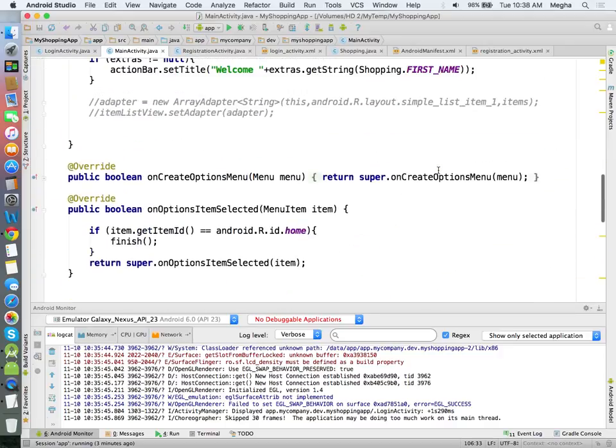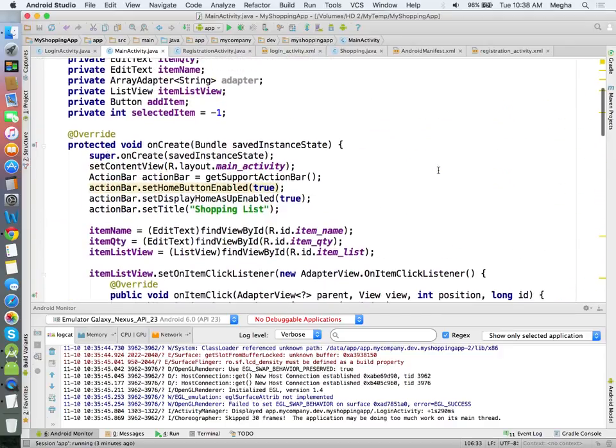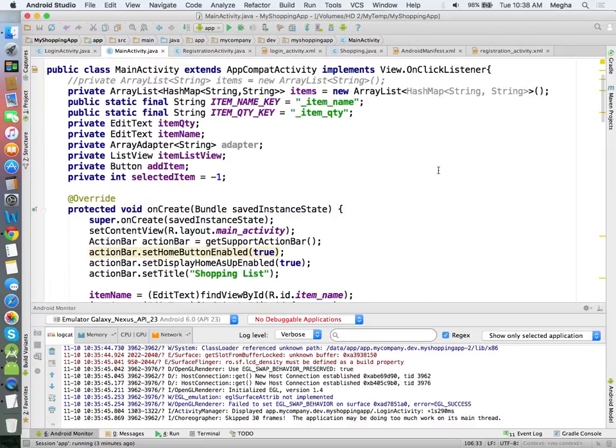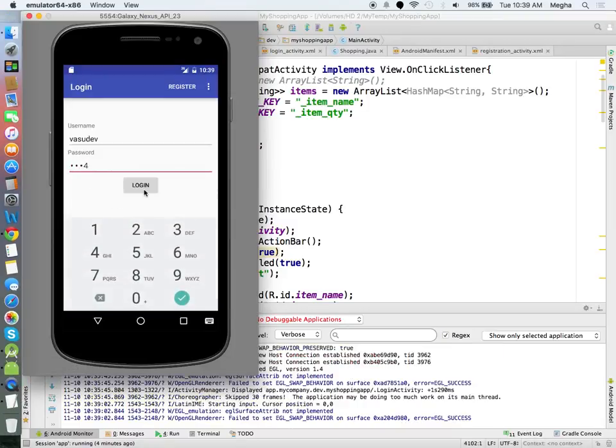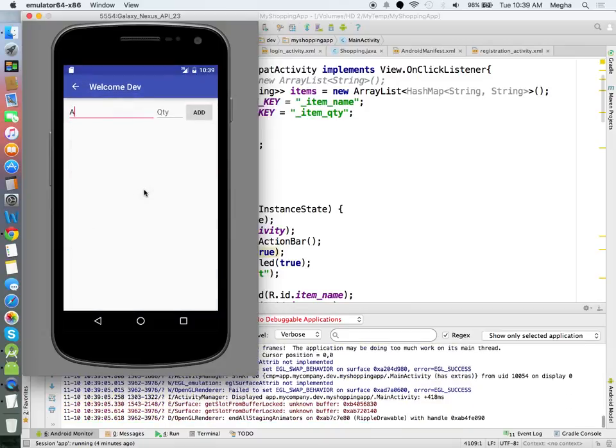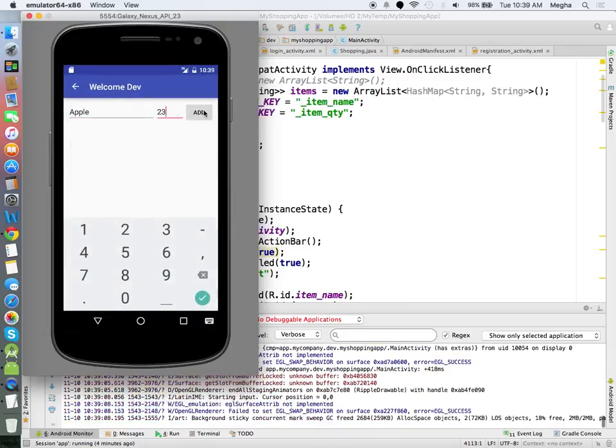Okay. Selected item is nothing but an integer flag. It serves two purposes. It also acts as a flag. Also, it carries the index of an item which got selected. Just press, because in this screen, yeah. So in this case,